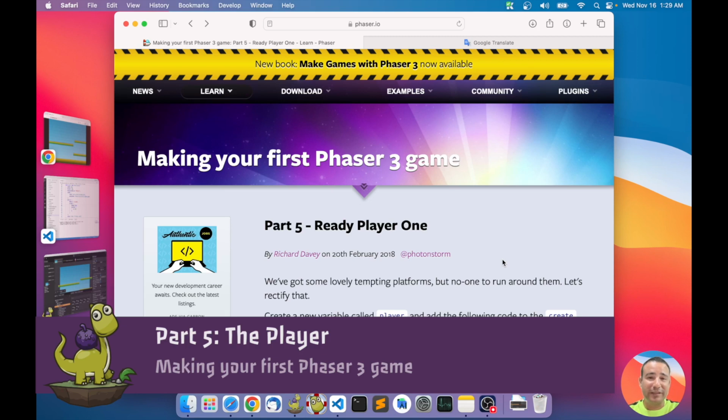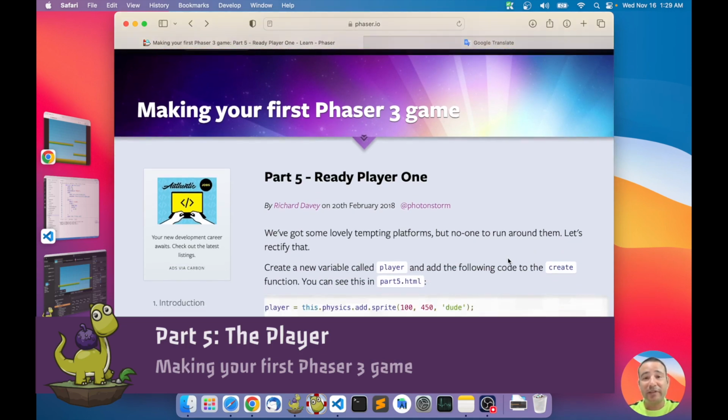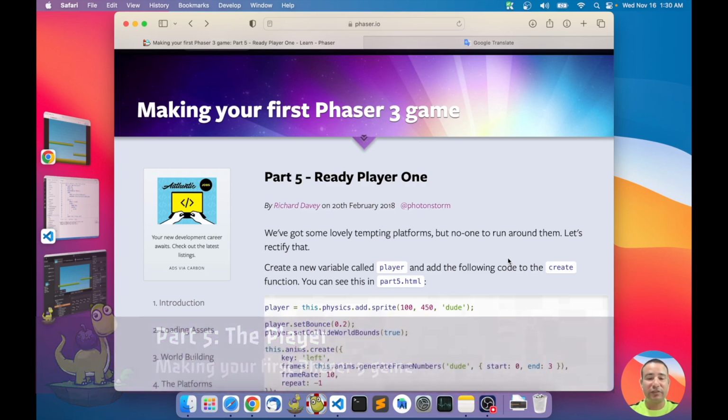I'm following the tutorial of the same name here, this official tutorial from the Phaser website. This tutorial is made by Richard Davey, the author of Phaser, and I'm following this tutorial for showing you how you can do the same things but with Phaser Editor 2D, with a Phaser Editor style that sometimes is different from how you will make the game if you write it by hand. So